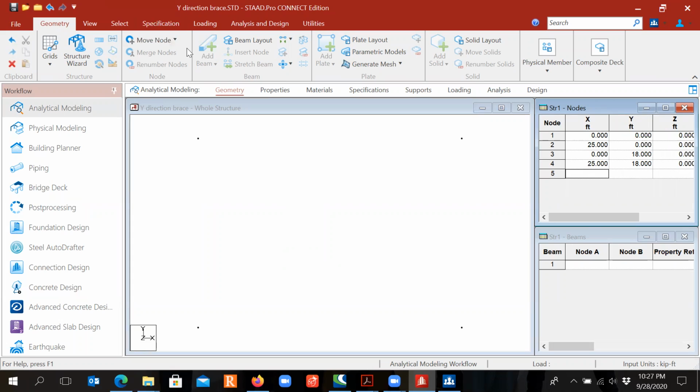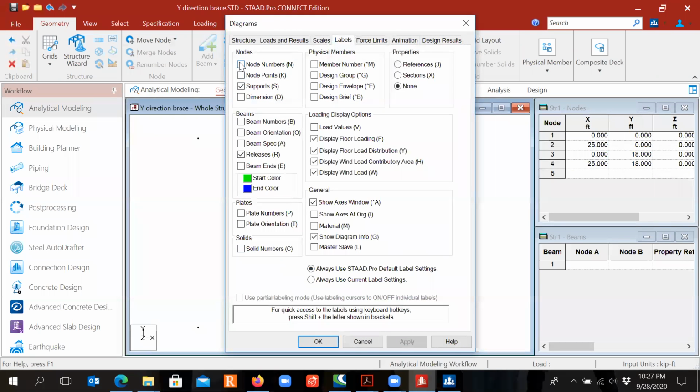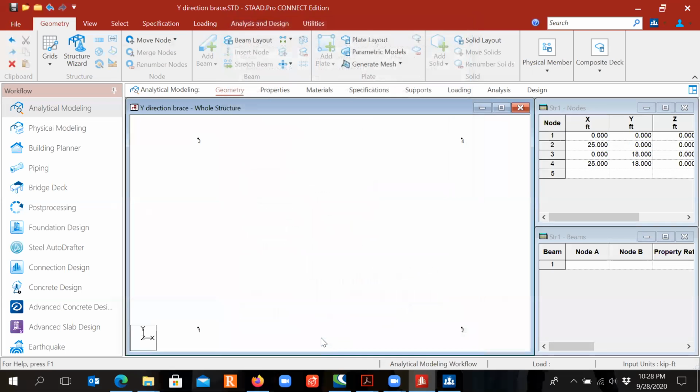After that, I use right click, and select labels and check node number, node point, and beam numbers, and click OK. Then I use add beam button to connect the nodes 1 to 3 and 2 to 4, then 3 to 4,